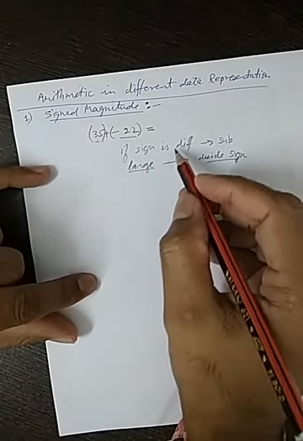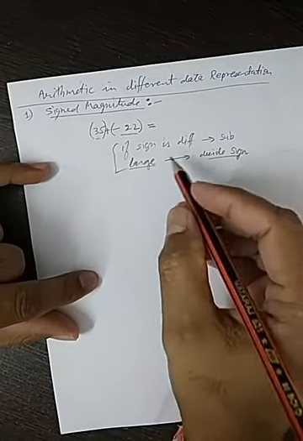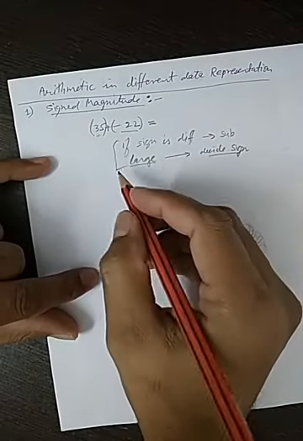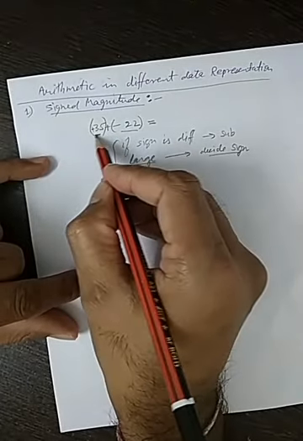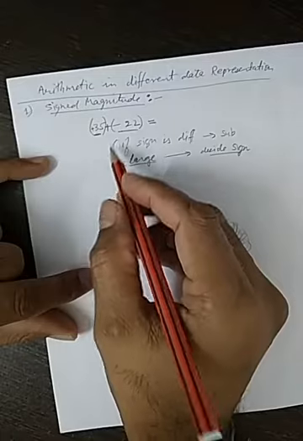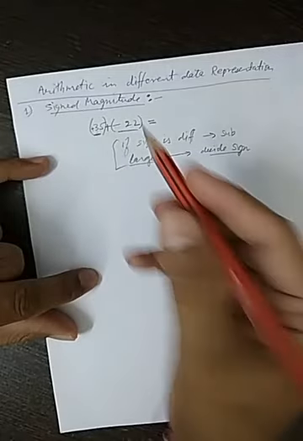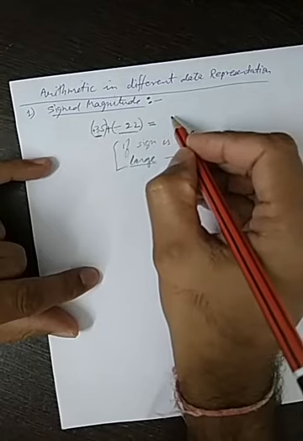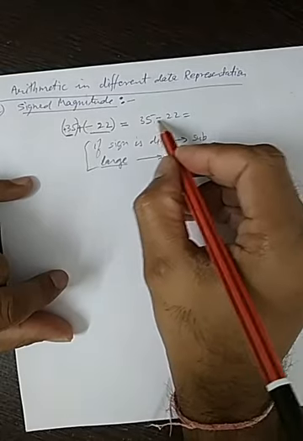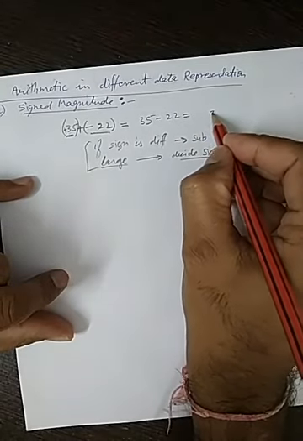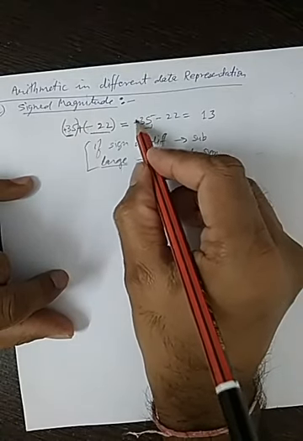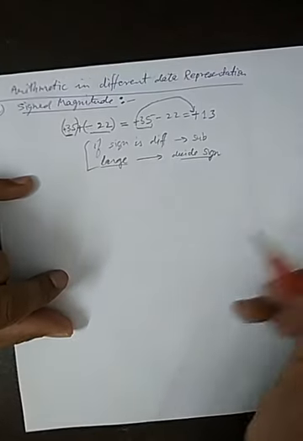So these are different things in which we need decisions. That is why it becomes a little complex. For example, here we have 35 plus minus 22. This is a signed integer, this is also a signed integer, and I am going to add them. What will the actual process be? Since their signs are different, I will perform the subtraction process. Ultimately I will do 35 minus 22: 5 minus 2 is 3, 3 minus 2 is 1. So what is the bigger number? The bigger number is 35, its sign is positive, so the result will be a positive number.